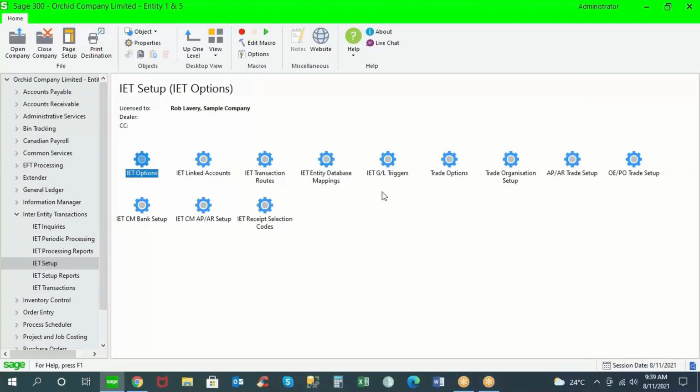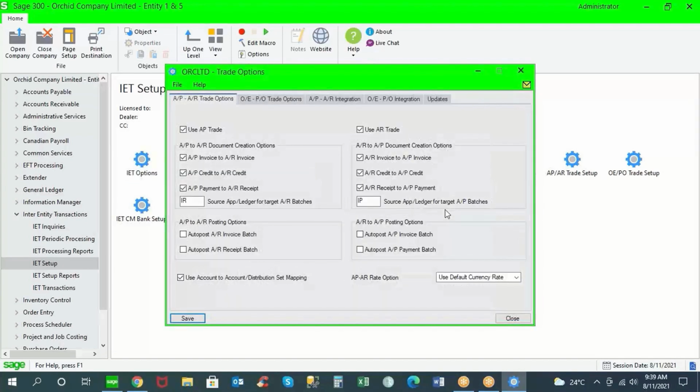But what happens when you want to buy and sell between related parties? This is where the inter-entity trade module comes in. Using inter-entity trade, we have the ability to create an AP invoice that creates an AR invoice in the same or a different Sage 300 company database, or vice versa. We can create an AR invoice, which then creates an AP invoice in the same or a different Sage 300